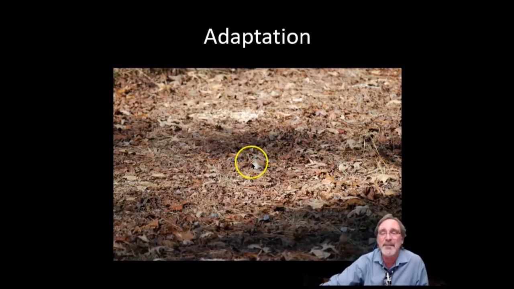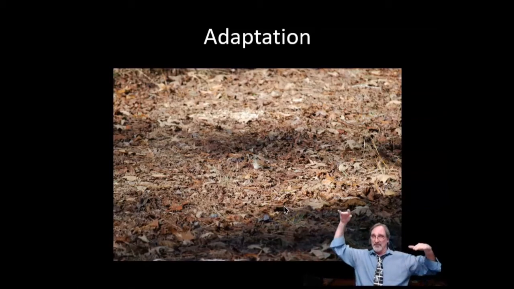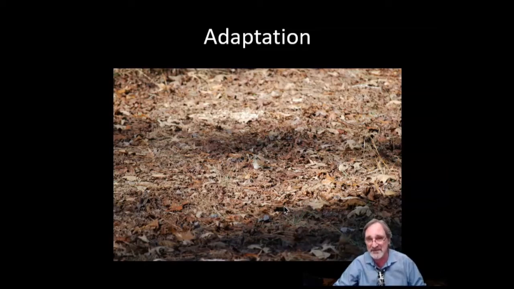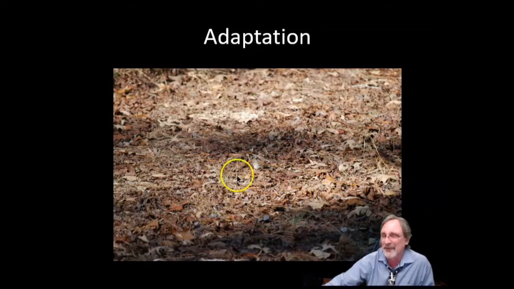Well, look, there's a bird right down here. It's really hard to see. And that might be an adaptation to that environment. So let's say some predator bird like a hawk flying over might not see it very well when it's in the leaf litter. It's adapted to that environment. But if it was in a whole different environment, it might not be camouflaged very well, which is why I like camouflage as an example.